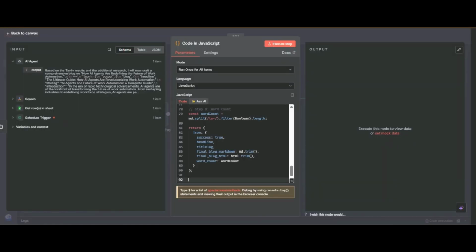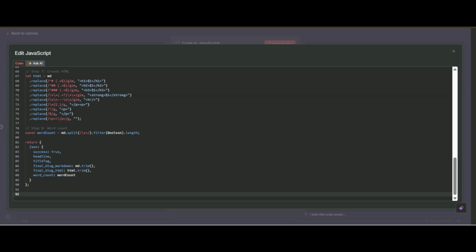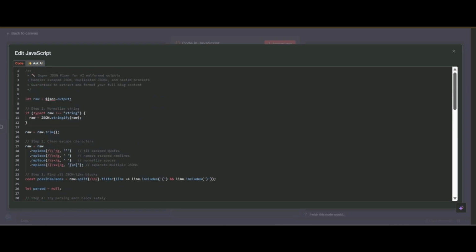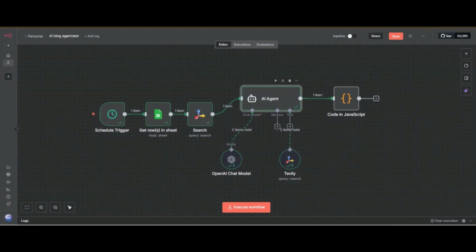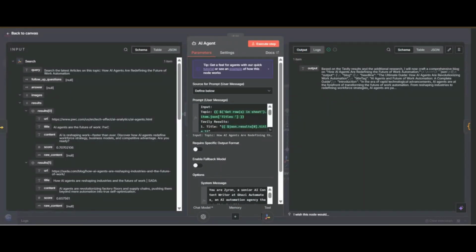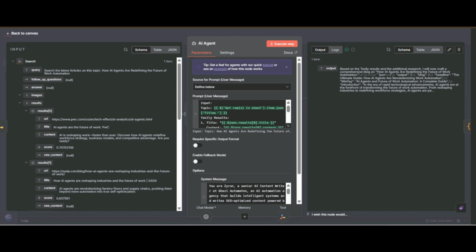Here I am explaining that you have to output this and format the titles. Now you can say you have an in-depth system prompt, and you have code.